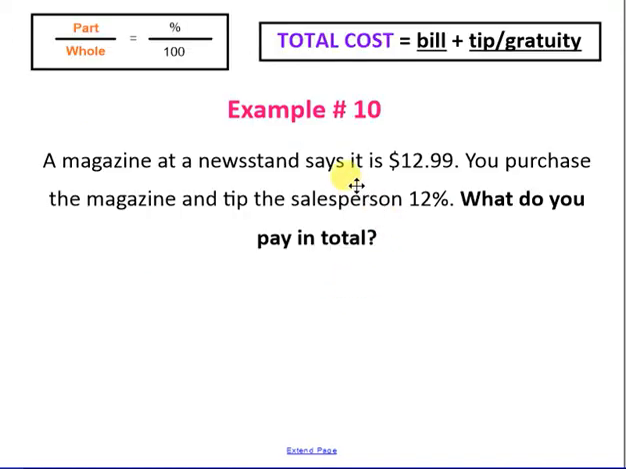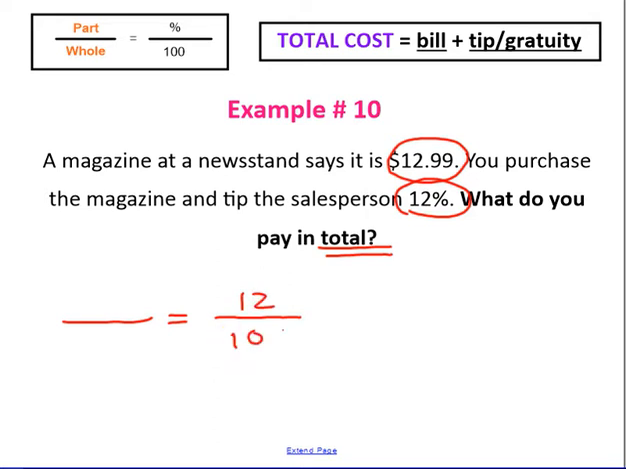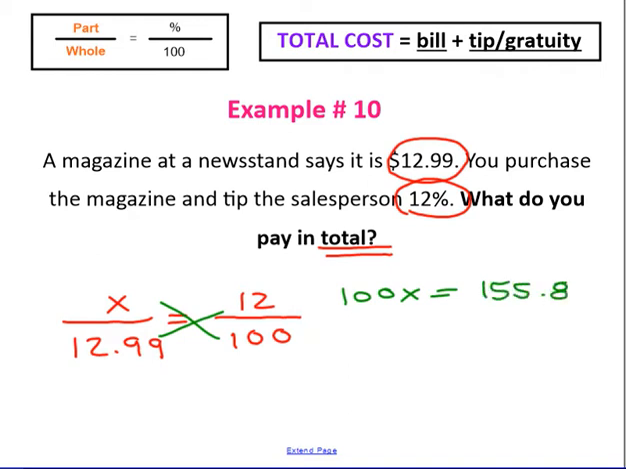Last example. A magazine at a newsstand says that it's $12.99. You purchase the magazine and tip the salesperson 12%. What do you pay in total? So we want the total. So we're going to make a blank proportion, 12% over 100. The cost is $12.99, and we put our X here because this is the tip that we're trying to find. We're going to cross multiply. 100 times X is 100X. $12.99 times 12 is going to be 155.88. Box the variable, divide both sides by 100. X equals